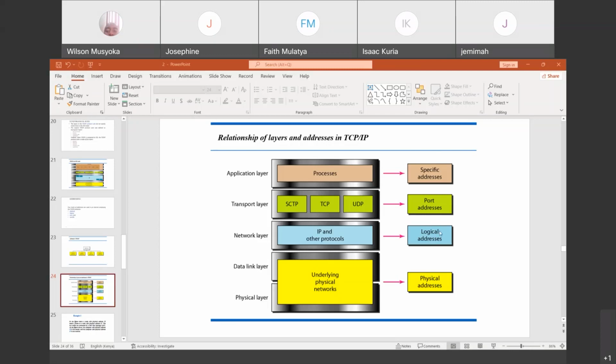The logical address is a 32-bit address, whereby it is 4 octets of 8 bits which have been assigned. The port address is normally 16 bits. And then the specific addresses, like we have said, are the ones we know in human language, maybe the domain name, your email address, and so on. So that is how we have those organized.